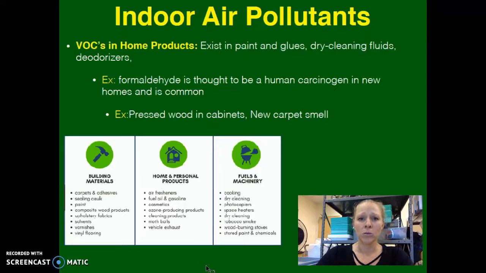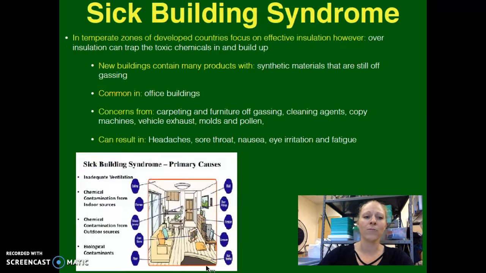And so here's the deal: when people make new homes, when the home is new, there's tons of new materials, and so there'll be the carpet that will off gas, and that's that new carpet smell. It's off gassing VOCs into the house, or pressed wood in cabinets. If this is well ventilated, it is less of an issue. However, we're finding that there's something called sick building syndrome. Sick building syndrome occurs most commonly in temperate zones, like here in New Hampshire,